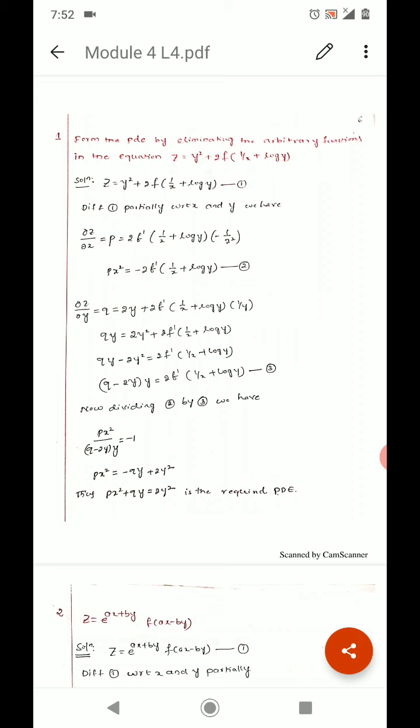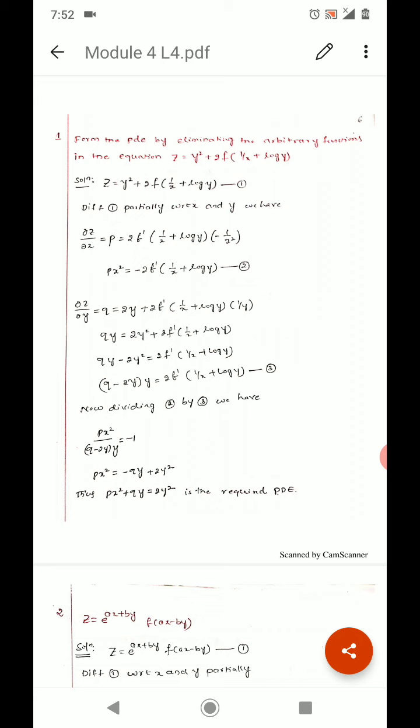So take the given equation as equation 1. This is also the same procedure. So first we have to differentiate the given equation with respect to x and y partially. Then del z by del x becomes p. We take del z by del x as small p, which is equal to, so differentiation of y square with respect to x is 0 plus 2 into differentiation of the function, that means f dash of 1 by x plus log y. Now we differentiate